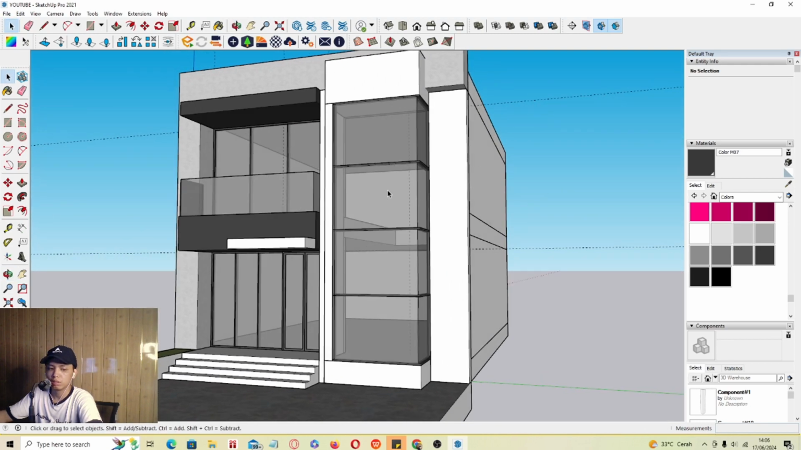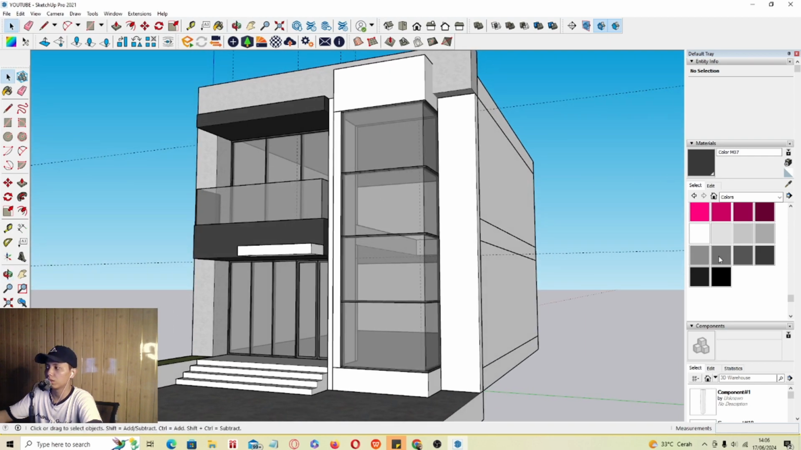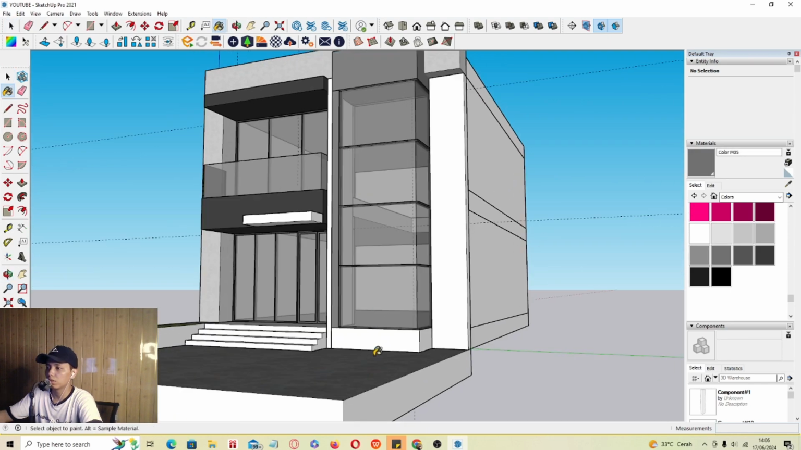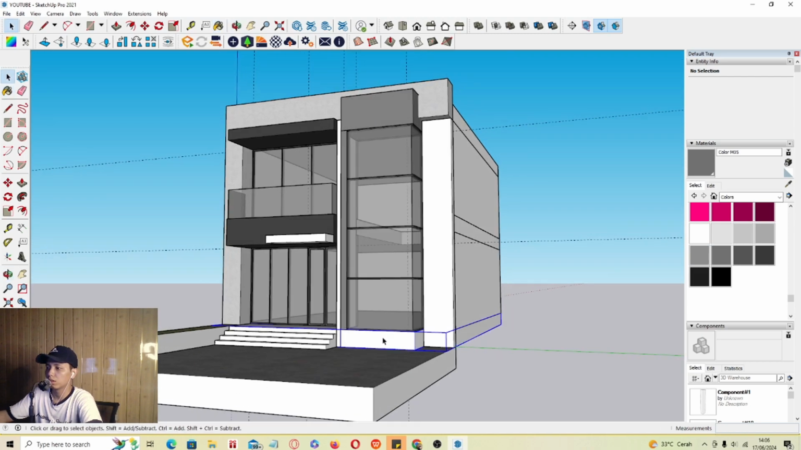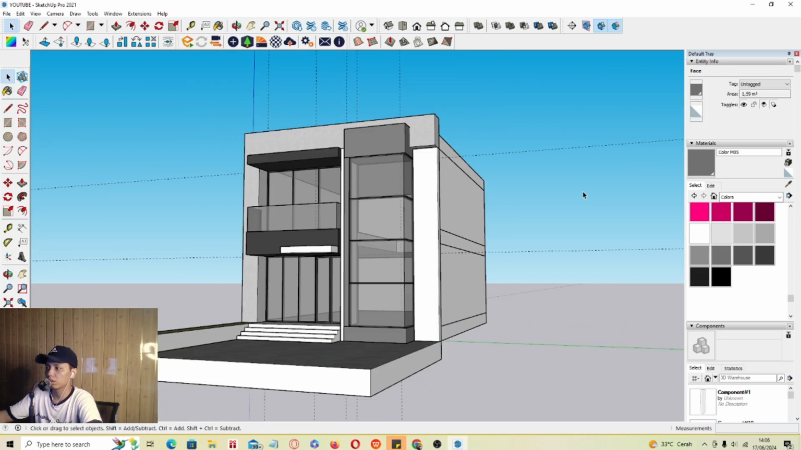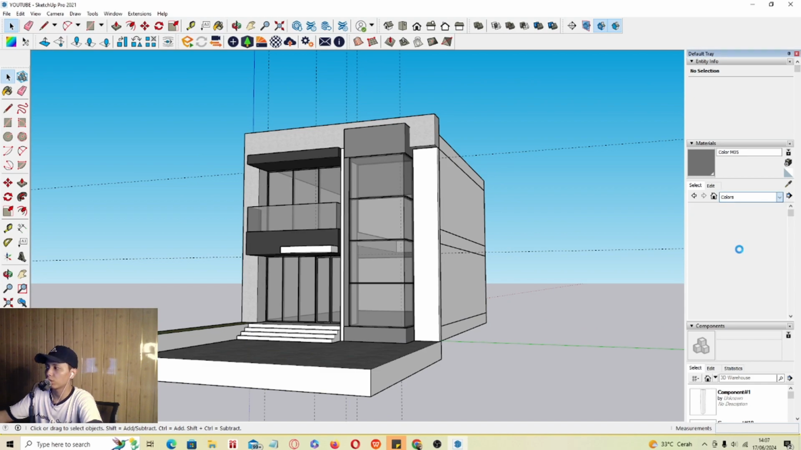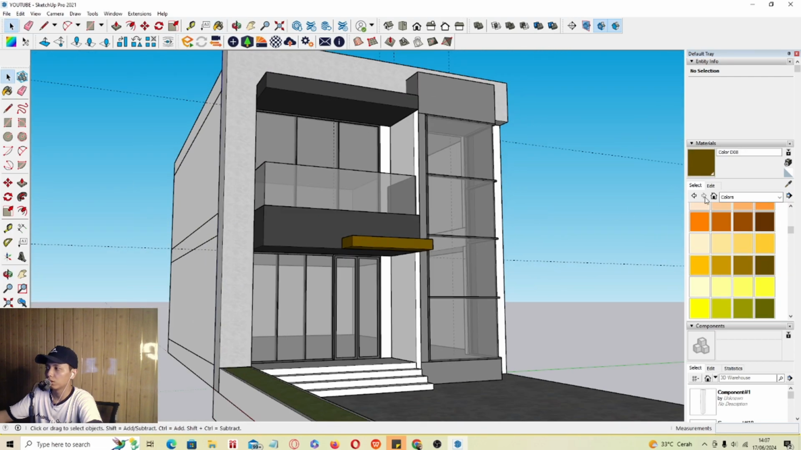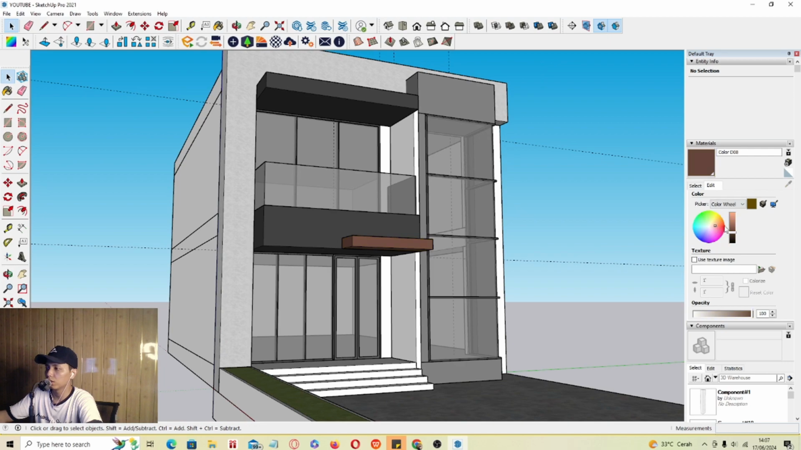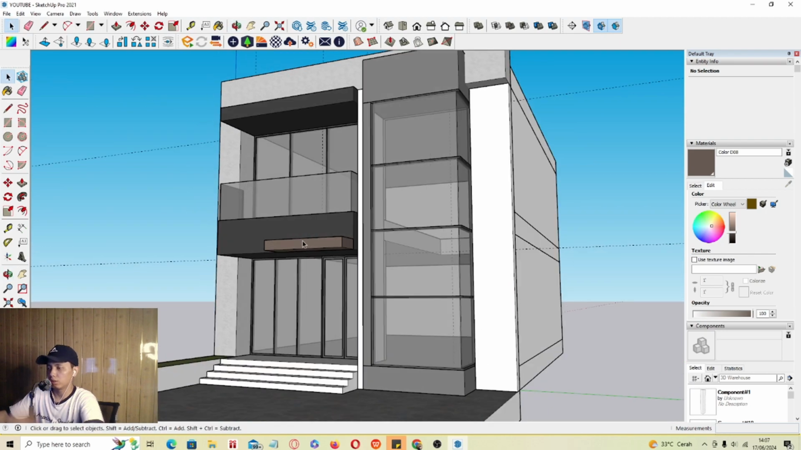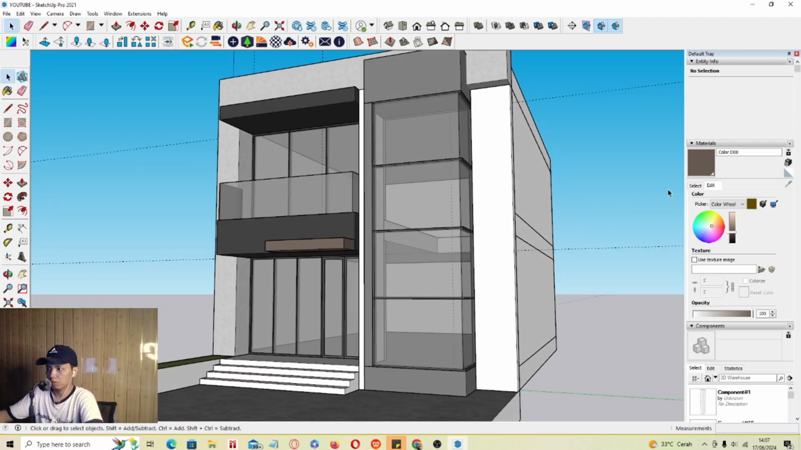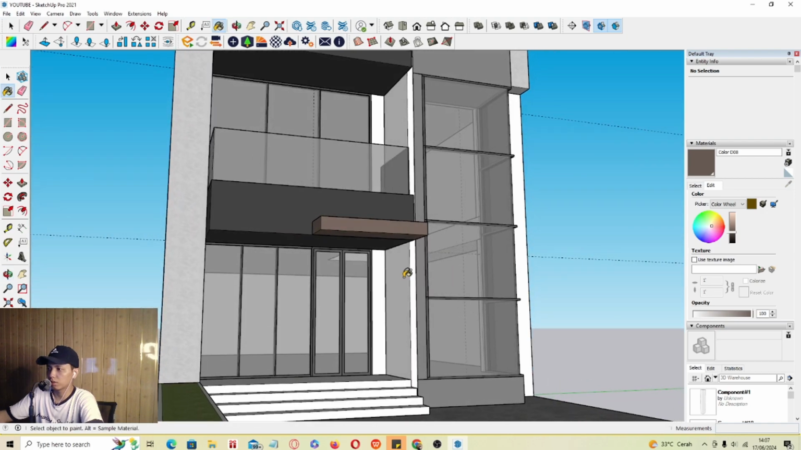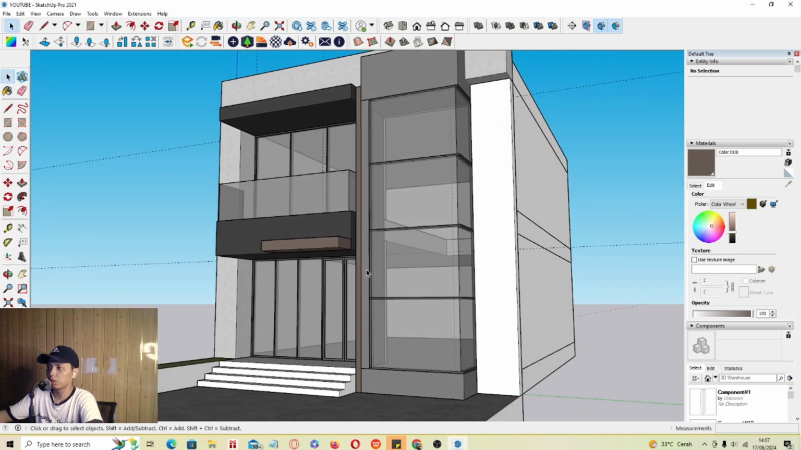Then we can also assign the dark gray material, just for example. Okay, maybe just for example, then we can assign the chocolate material to it. So then we can adjust the color in here. Okay, it looks more elegant anyway. It looks more elegant. Then we can assign this wall to be the same color,